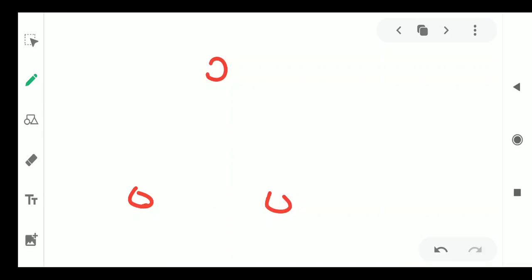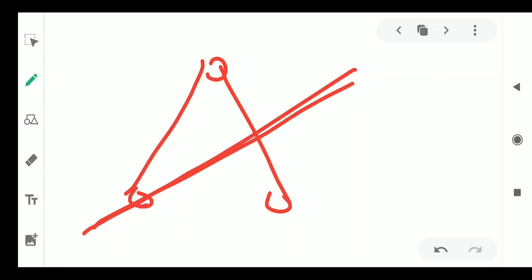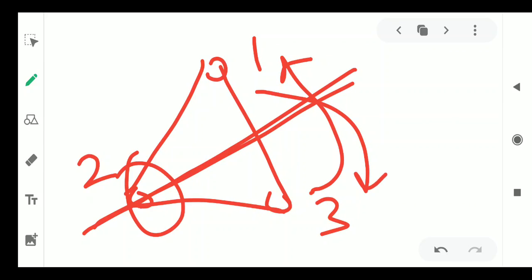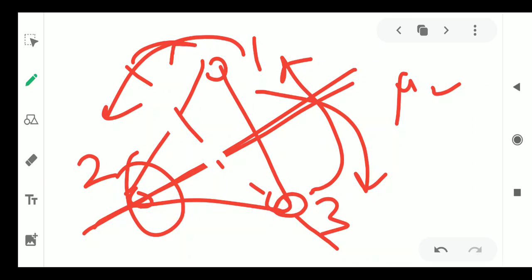I have to keep a mirror here, then you will be talking about keeping this 2 fixed. I have to rotate it. So 3 goes to 1 and 1 goes to 3. Just flip, you will be getting the mu2. So for mu3, I have to keep an axis here rather. Then 1 goes to 2 and 2 goes to 1. So only 6 kinds of symmetries can be talked about in terms of this equilateral triangle.